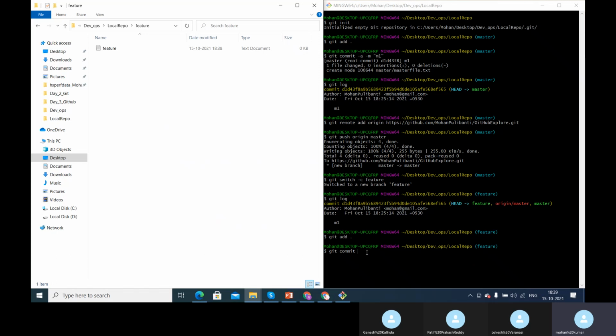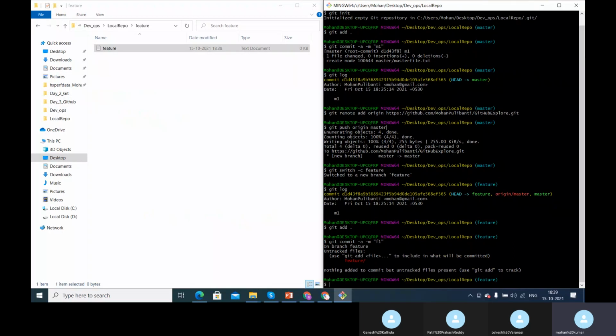So git commit -a, sorry, -a means everything, and -m, and I'm giving it as f1. This is the feature one commit.